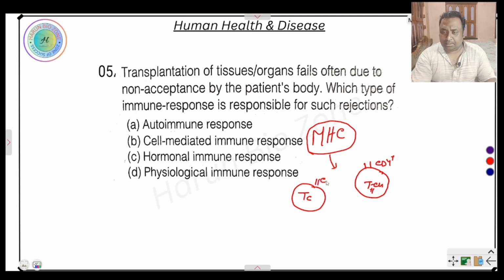Here the receptor is CD8 plus. So the organ is destroyed or damaged. This is called graft rejection. After transplantation, several types of anti-immunogenic drugs are used. This is the cell-mediated immune response,